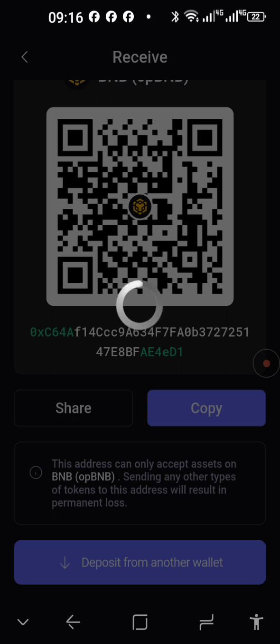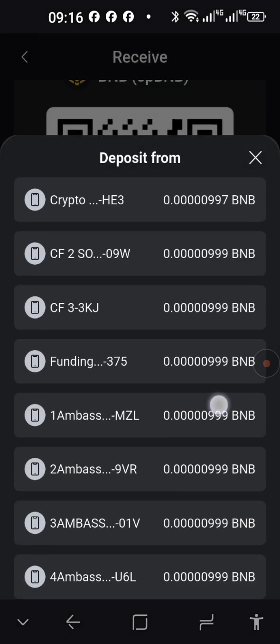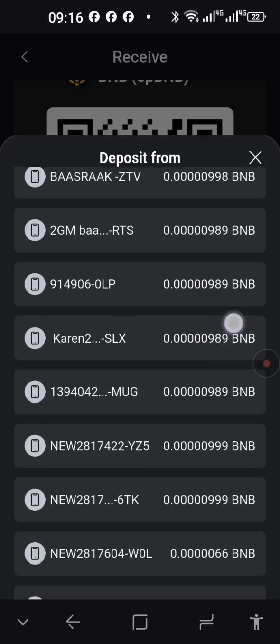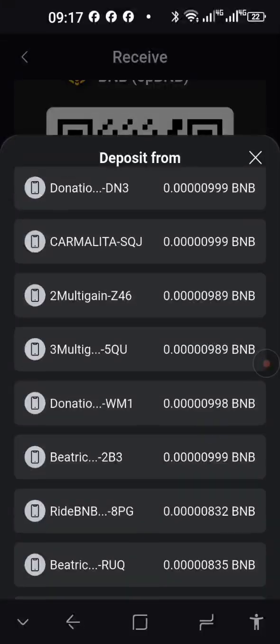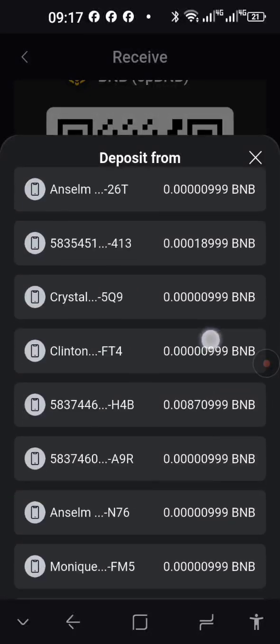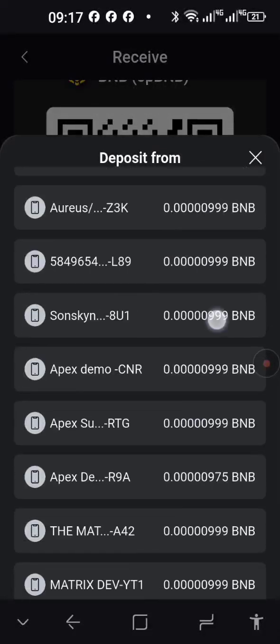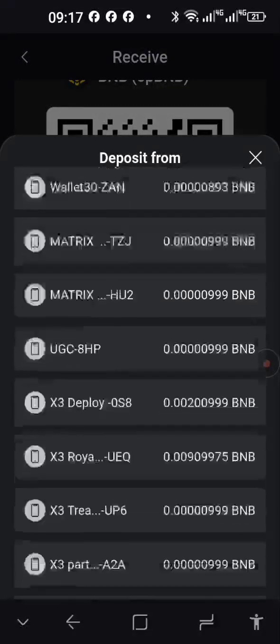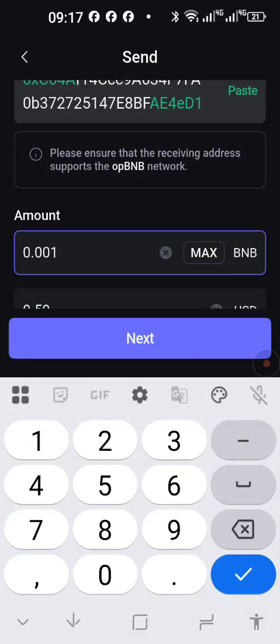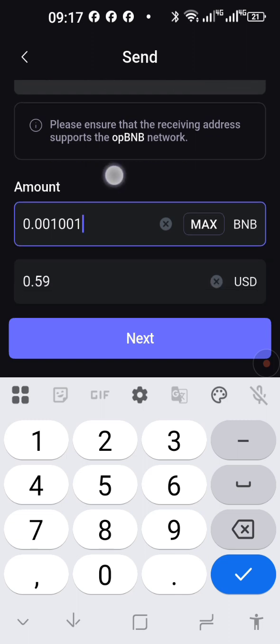Sometimes it just takes a bit of time. Alright, now I'm going to go to the deploy wallet. I know there's funds there. 0.001001, take note, and look at this.